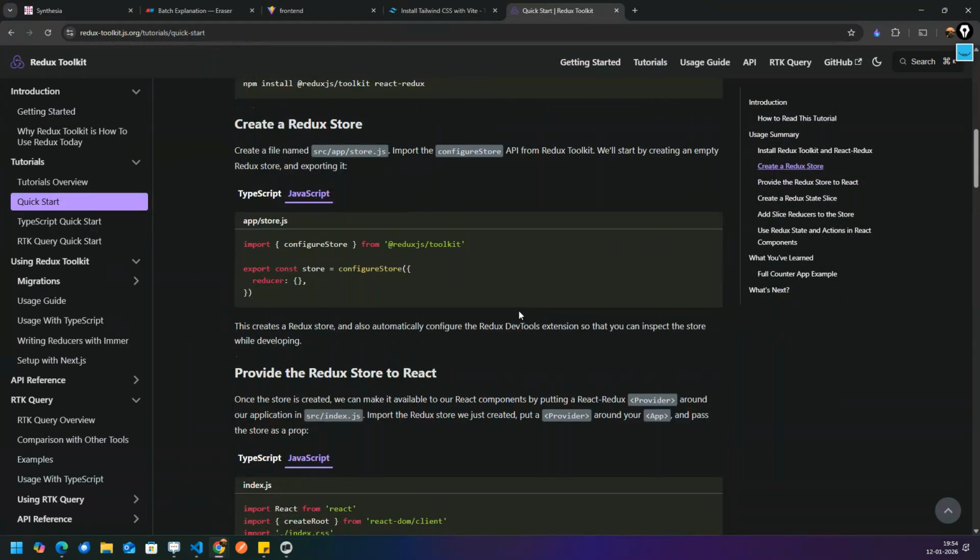There is a slice. Fine. There is a slice over there. Then we have a store. Okay. Then we have a store if you remember, and then we have reducers and action. Correct. So the action part is actually written as a slice only. Fine. So what will happen over here is that something in the store needs to be updated and something in the store needs to be notified that these changes have been done.